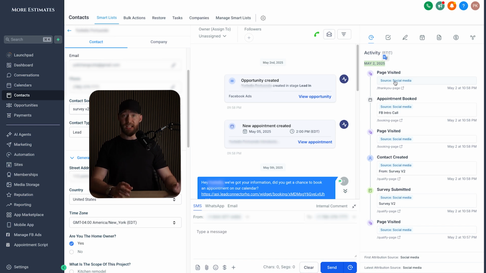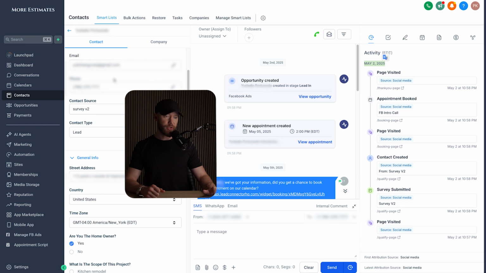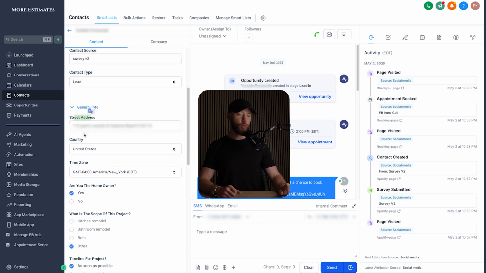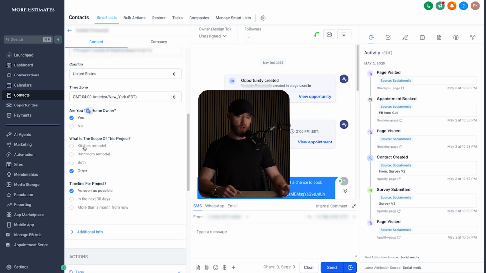Now, we're only really running ads on Meta, so that's Facebook and Instagram. They came in from here, visited the page, submitted the survey, and then they even booked the appointment from our different automations. We have all their details here. Of course, this is a live client, so I have to blur a lot of this stuff, but we have all their information nicely laid out: street address, country, time zone, and then all of their answers to that survey